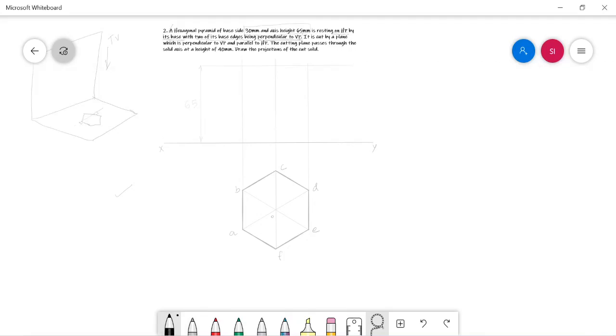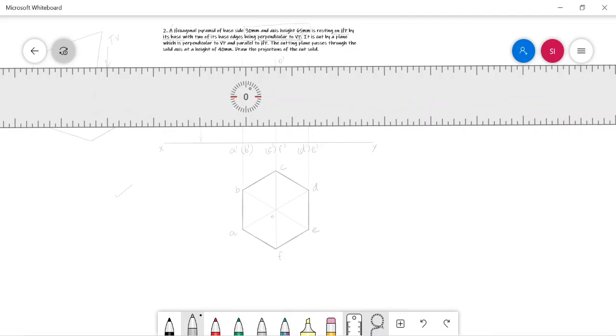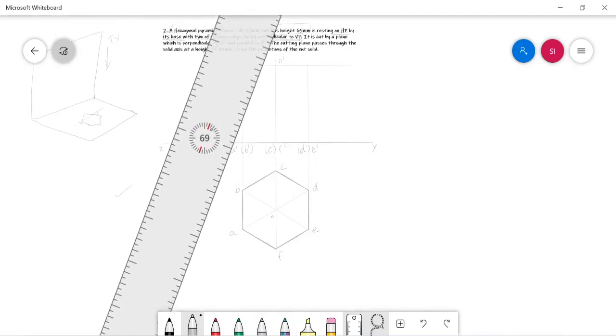Now, I have to mark the names of each and every corner, starting from A dash, B dash, C dash, F dash, D dash, E dash, and finally O dash. And now I have to highlight the slant edges in this pyramid.